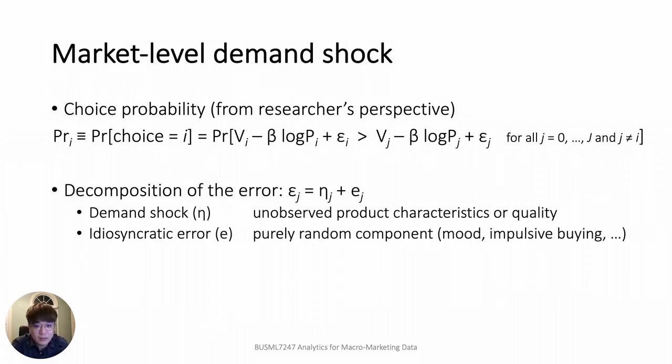The other is idiosyncratic error, denoted epsilon, which implies a purely random component that happens to each choice occasion. It includes consumers' mood, driving impulsive buying of a brand. With the decomposition, the choice probability is now given by